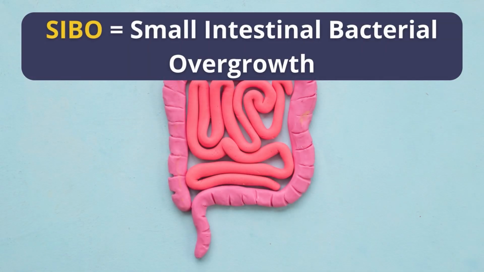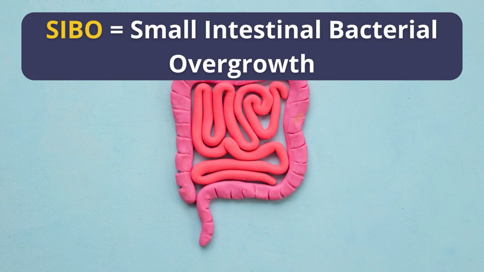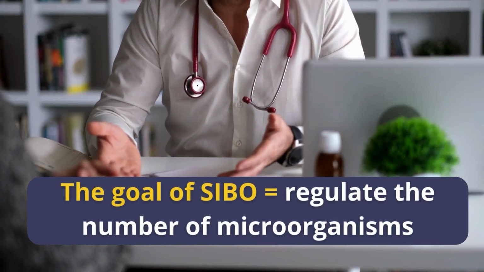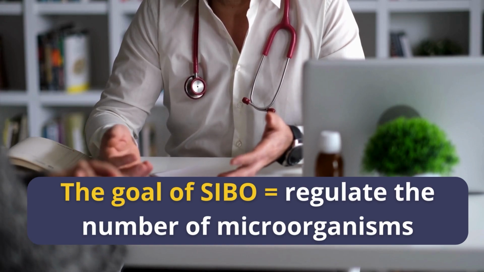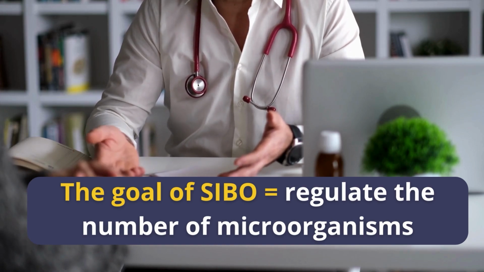So what is SIBO? SIBO stands for Small Intestinal Bacterial Overgrowth. It's a condition where there is an excessive growth of bacteria in the small intestine. Now it's important to know that bacteria do naturally occur in the small intestine, but in much smaller numbers compared to the large intestine. The goal of SIBO treatment isn't to completely eliminate these bacteria, but rather to regulate their